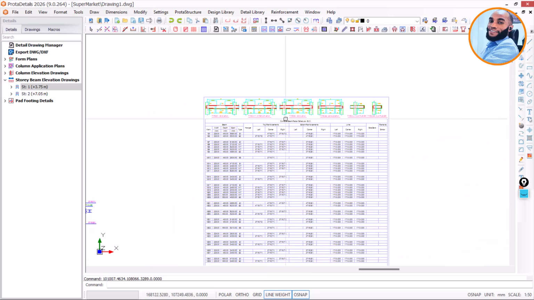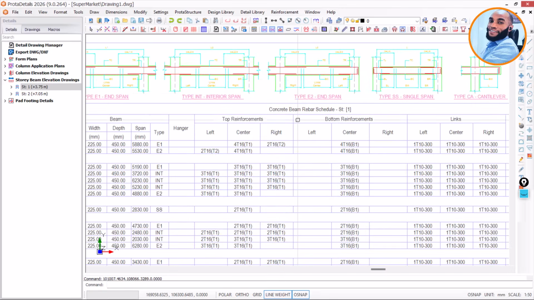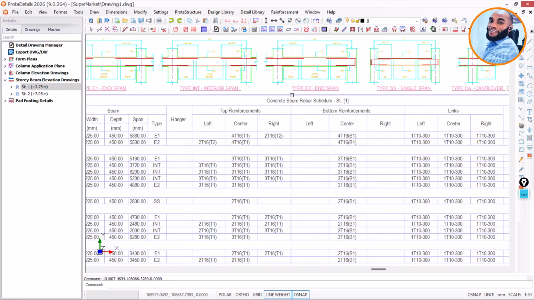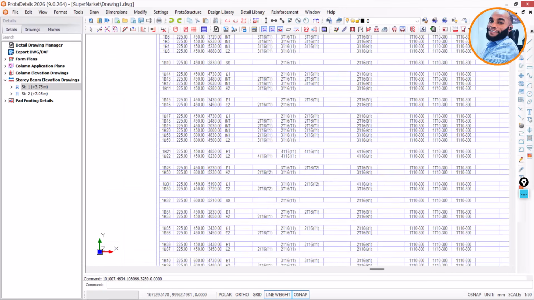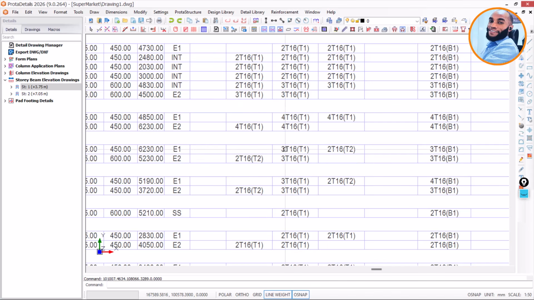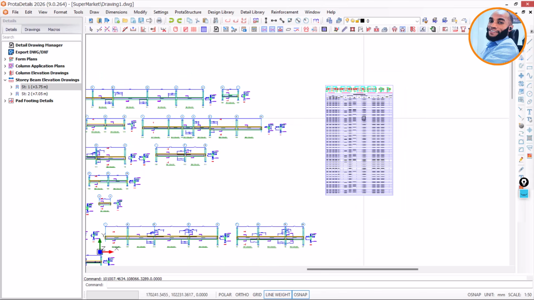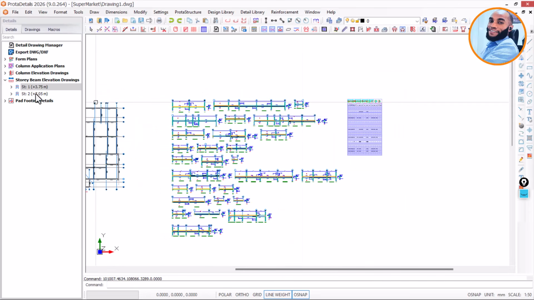Then you can also see the bar bending schedule here for all that. This is the material. Okay, bar bending schedule. So you can see all this here too. Although I don't like using this, I like to do my own manually, just to have a clearer view for that. Now once you have done this, the next thing to do is to come here,